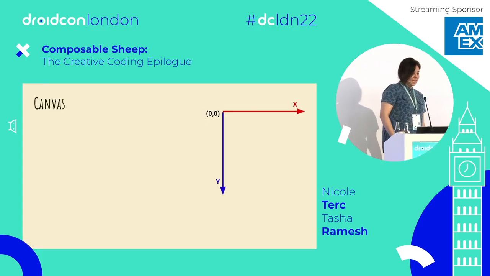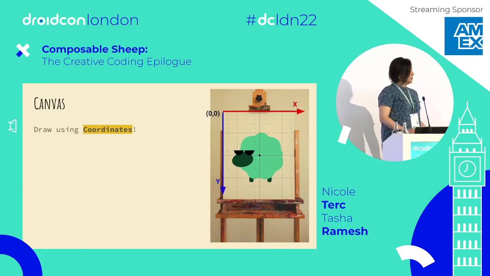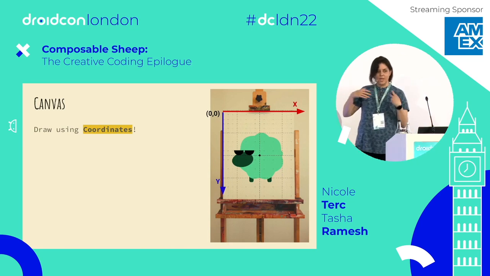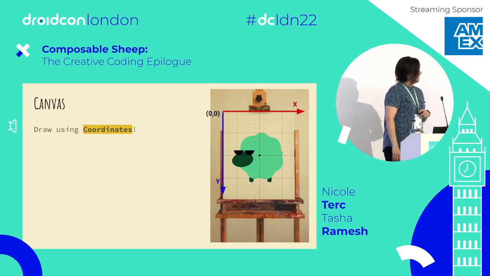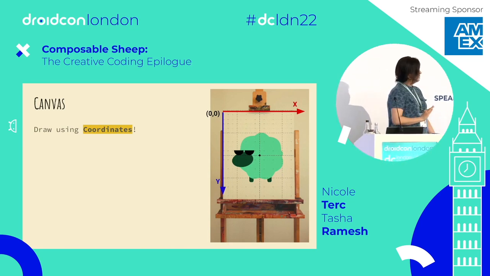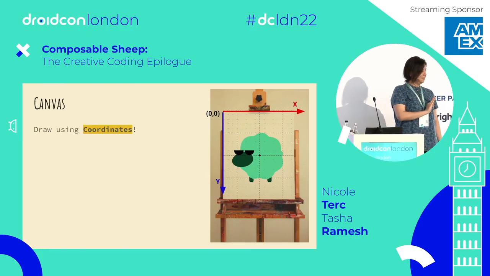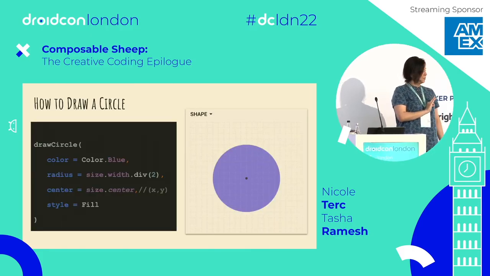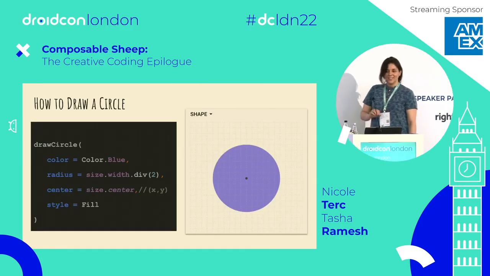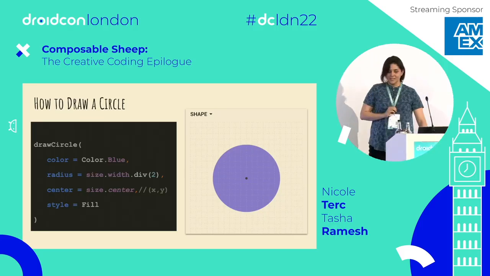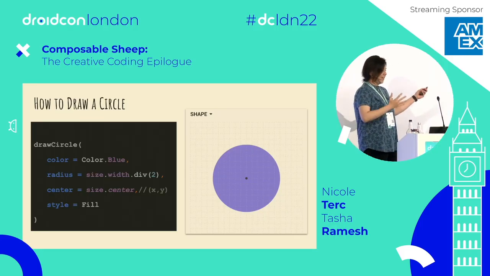As you all know, our canvas is used to draw things using coordinates. You can draw a lot of things here. You can draw squares, you can draw circles, you can draw chips, you can draw everything you want. But in this case, the most important part that we're going to use in canvas is this coordinate system and drawing circles. So, if there's anything we need to take from canvas, is to know how to draw a circle,